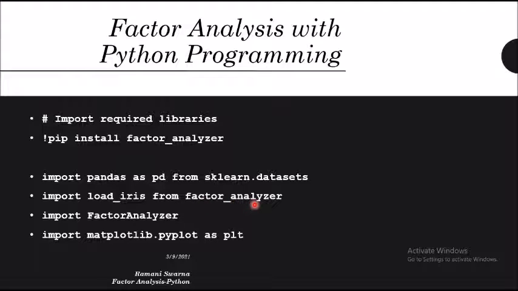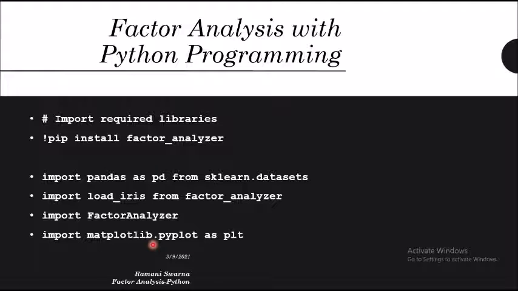Import matplotlib, because we will be looking at visualizations like the scree plot, and the scatterplot is also there. Then the bar graphs, because we'll be working with both metric as well as non-metric data later on. Visualizations become much better if we are using matplotlib.pyplot as plt.